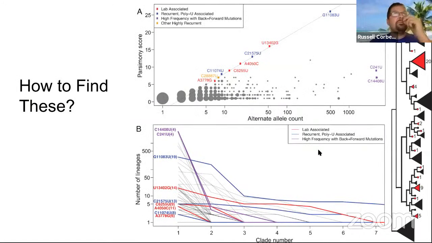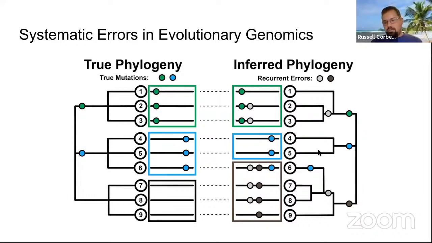So how to find these? This is one of the problems we started with. When we started hosting data on the genome browser for people, what we discovered pretty quickly is that there were lots of cases where certain mutations appear to occur a ton of times, right? They were just all over the tree. They'd blink on and off in different samples. It's very, very hard to track those things and understand what they're doing,